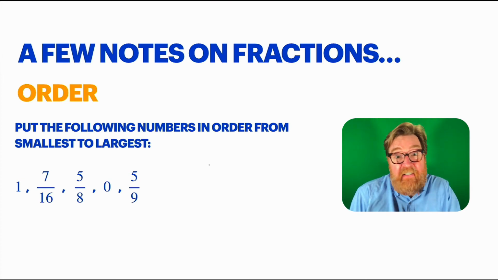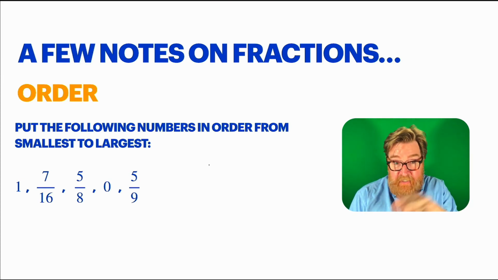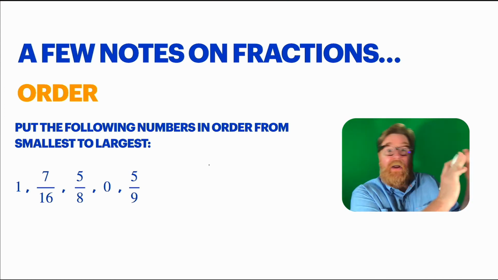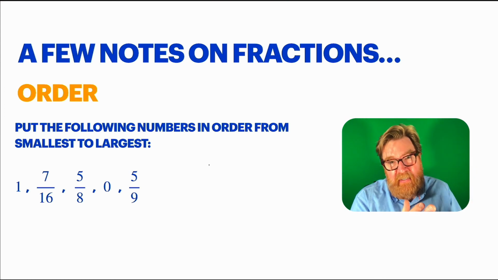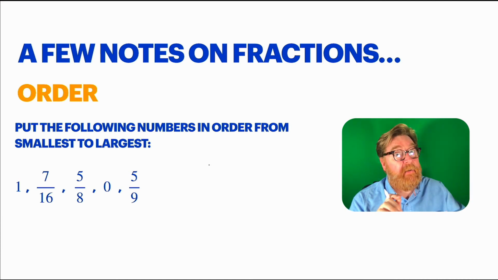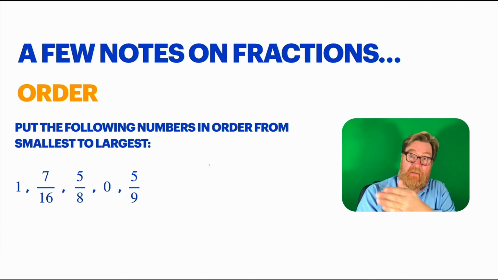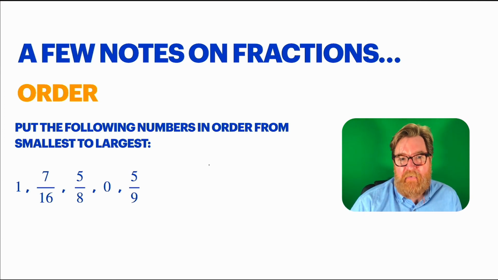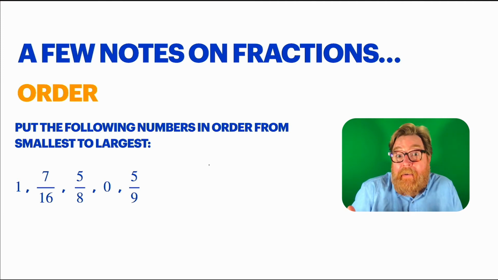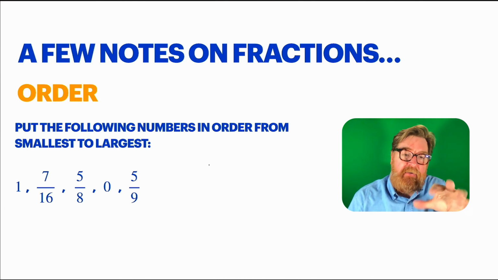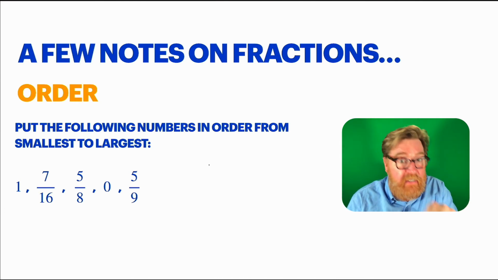Yes, good. 0. Except for 0, everything else is positive, right? So they're all to the right side of 0. They're all bigger than 0. Remember, on the number line, as you go off to the right, the numbers get bigger. And as you go to the left, the numbers get smaller. Which one is the biggest out of those 5? Nice. Good. 1. 0 is the smallest, 1 is the biggest, and those 3 fractions, you can see they're all